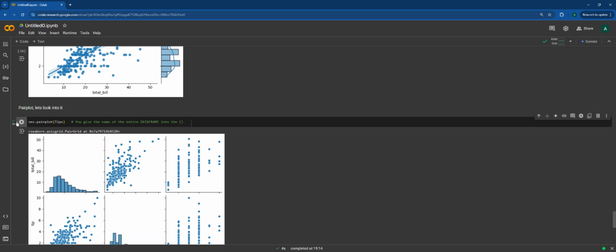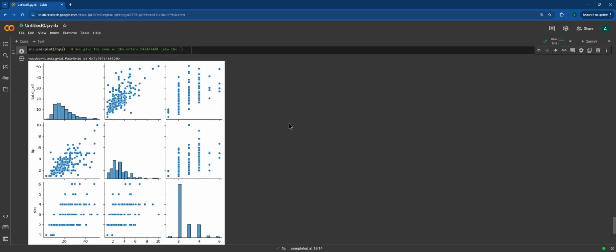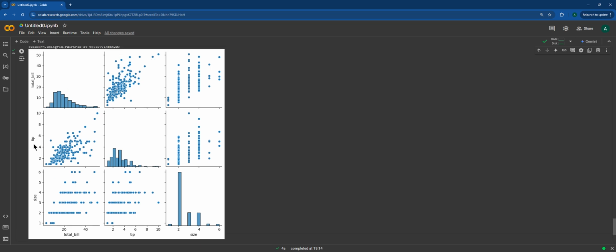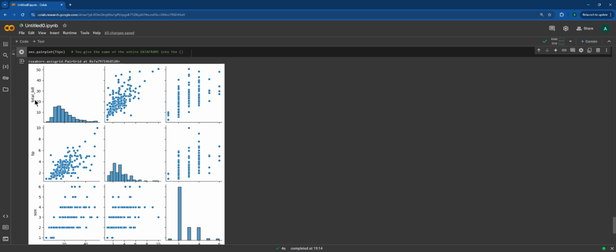Now, I hope you also appreciated that it took a bit longer. I will emphasize something, but let's first see what it did. On the x-axis we have total bill, tip, and size. And what do we have here? Again, total bill, tip, and size. Now, if you notice,